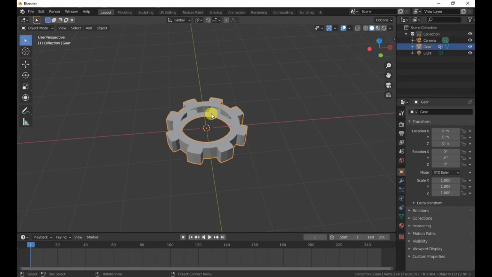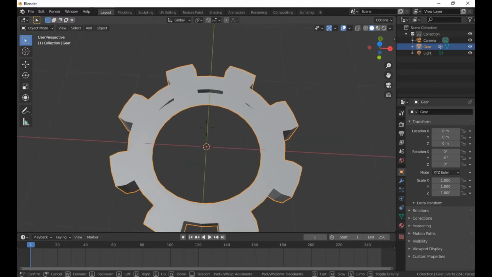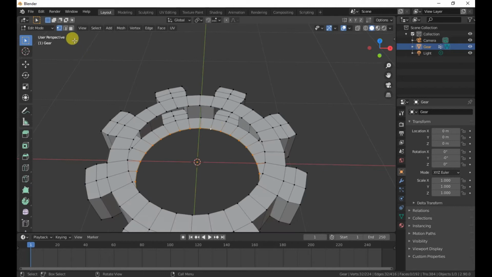Now we want to fill in the holes, right? Because we don't want some kind of weird thing to happen. So I'm going to go into edit mode. I'm going to hold Alt and left click to select all these vertices, or if you have edges selected, same thing. And then hold Alt and Shift and do the top. Okay, so now that you have the bottom and the top selected, we want to go up here to